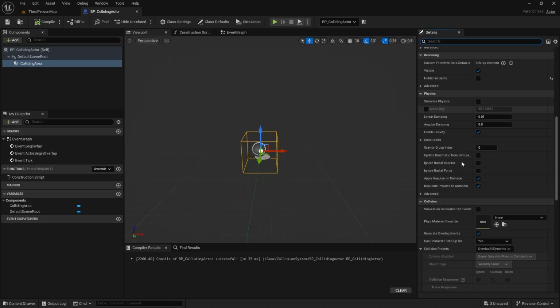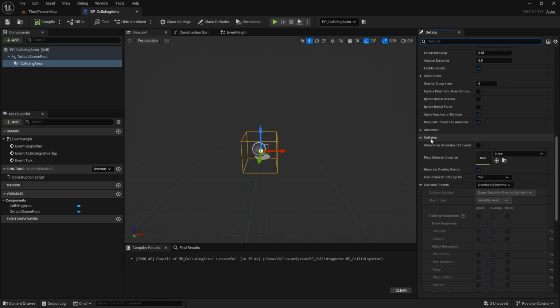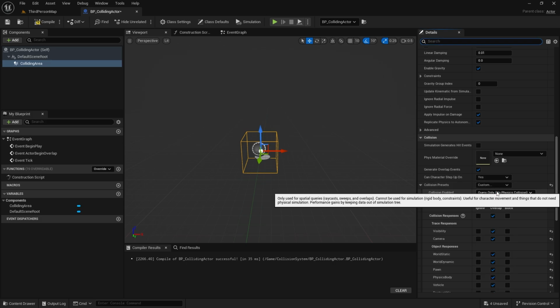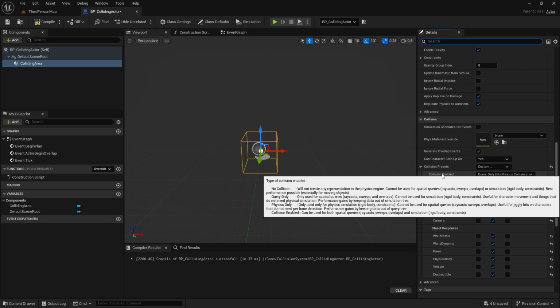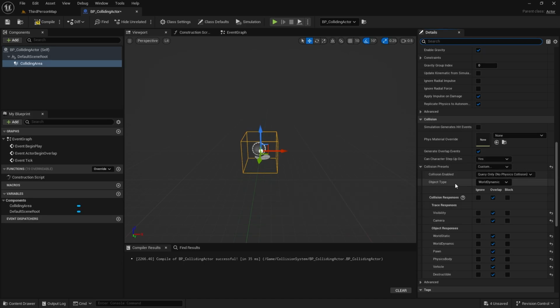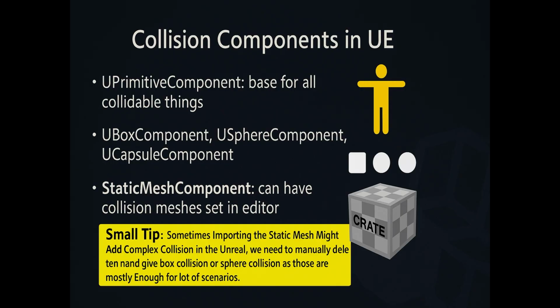panel. Just scroll down, you can see the collision category, and below that we can see some kind of options. It is like overlap all dynamic. So I'm going to change it to custom for now. So we can see collision enabled, object type. What are those things? So like I said,